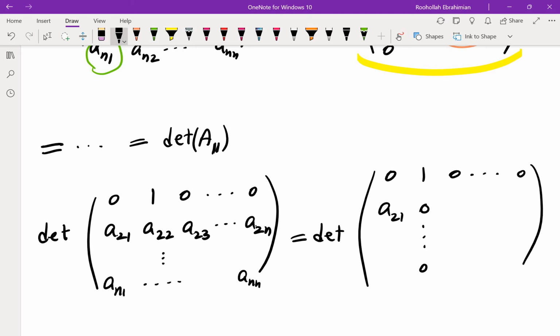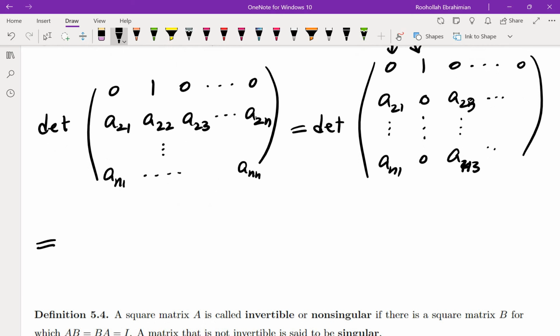And if you do that and swap the first column and the second column, A23 here all the way to AN3. If you do that, you get negative determinant of 1, 0, 0, 0, 0, 0, 0, 0, and this